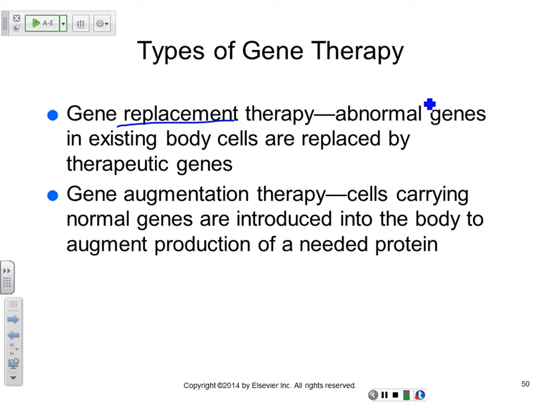Gene augmentation, on the other hand, is, say, what they did with this adenosine deaminase protein problem, which occurs in young kids, and they have this condition called severe combined immune deficiency, where, you know, it's like AIDS, really. So what they did is that they took the white blood cells from those kids, then they genetically modified them, they infected them with the virus carrying the normal gene for ADA, which is adenosine deaminase, and then they multiply them until they're 1,000-fold, then they put them back into the individual. That's gene augmentation. See, they're augmenting.